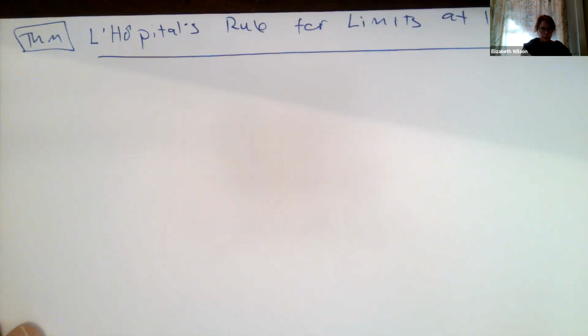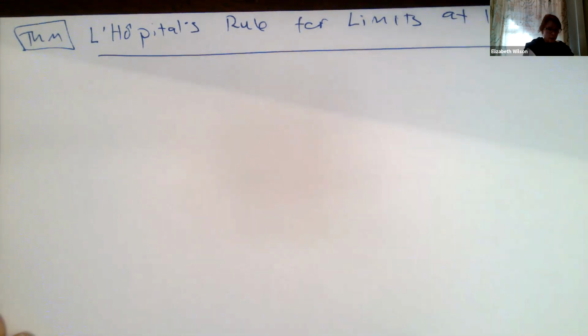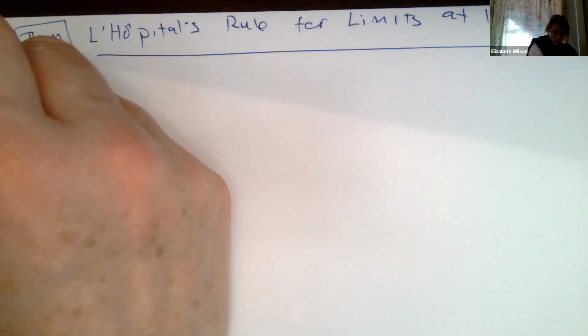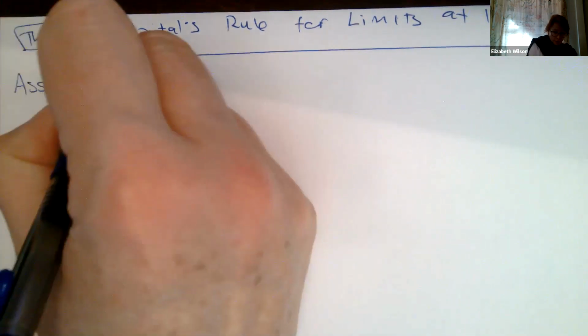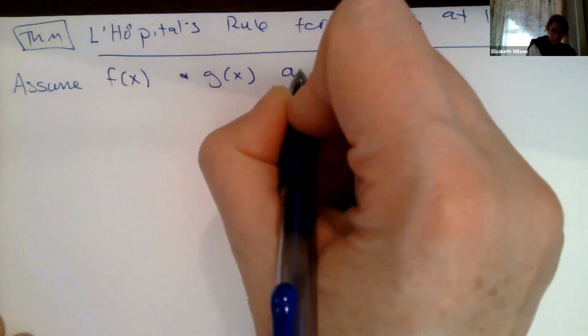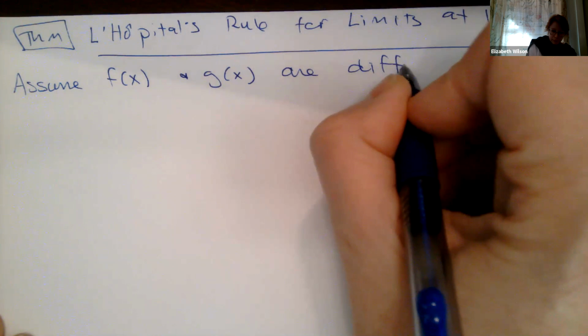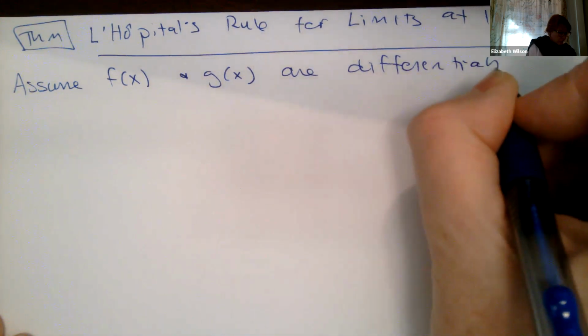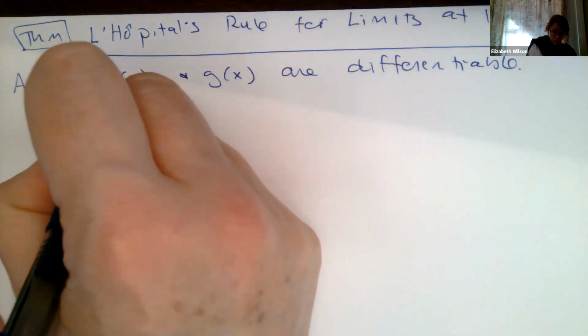Yeah, that should help. Okay, L'Hopital's rule for limits at infinity. Okay, so there's some words. I'm going to write it down like words in math, and we're going to talk about what it means. So we're going to assume that our functions f of x and g of x are differentiable on some interval